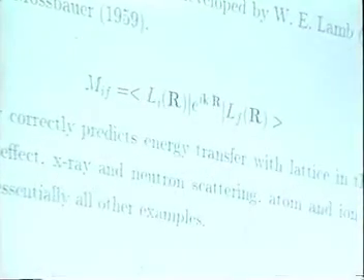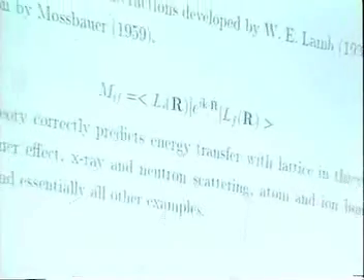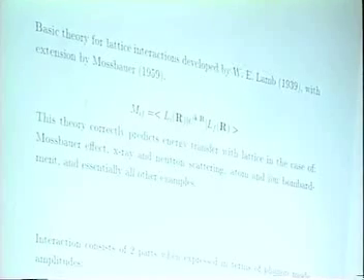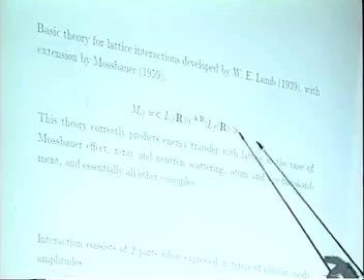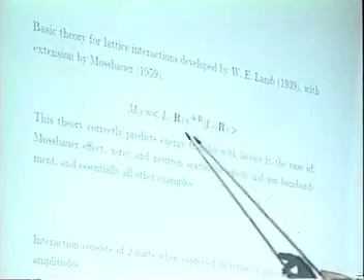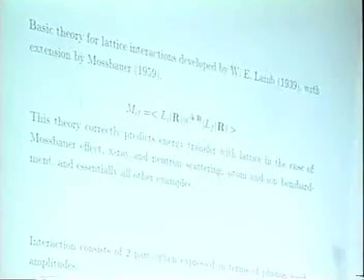The basic theory for this was first proposed by Willis Lamb in 1939. He basically said that recoil interactions with the lattice occur through a matrix element of this basic form. If in this day and age you're going to talk about energy transfer to and from a lattice, you had better have your arguments fit in with standard theory, or else people are going to have questions about whether you're doing good physics or not. So if you write the matrix elements in terms of the coordinate positions, then you get